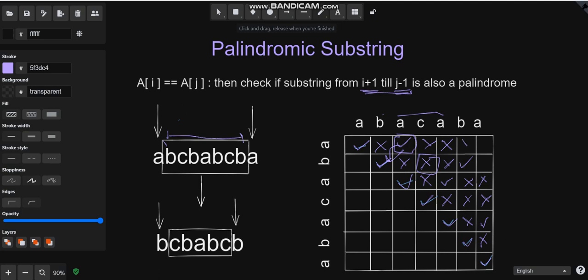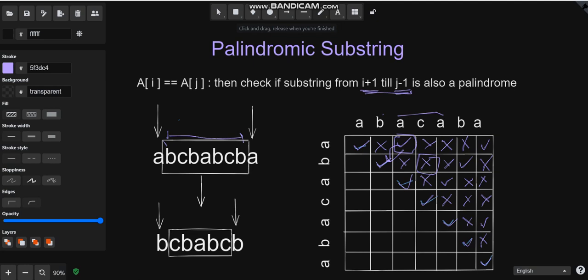And at this particular time, this is not equal, so not a palindrome. This is also not equal, so not a palindrome, and this is a palindrome. Okay. So at the end, what we need to return as the output is all the substrings which are palindromes, right? If we check this particular upper triangular matrix, we have 1, 2, 3, 4, 5, 6, 7, and 8, 9, 10, 11 and 12. So for this particular question, the answer is 12.